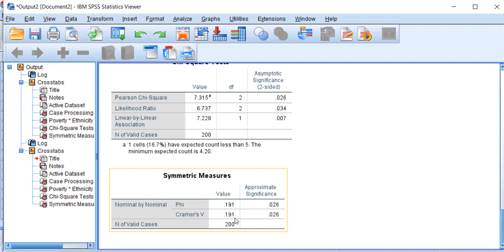If all things are equal and I increase sample size, I always have more power. Chi-square in particular is sensitive to sample size, but that is true for all tests. We want to be aware of that. We want to be informed consumers so that when we're reading a journal article or when we're reading something in the New York Times or the Post or some other outlet, we know to pause for a second, think critically about what they're telling us, maybe then go back to the original research, the study, the report that they're citing,